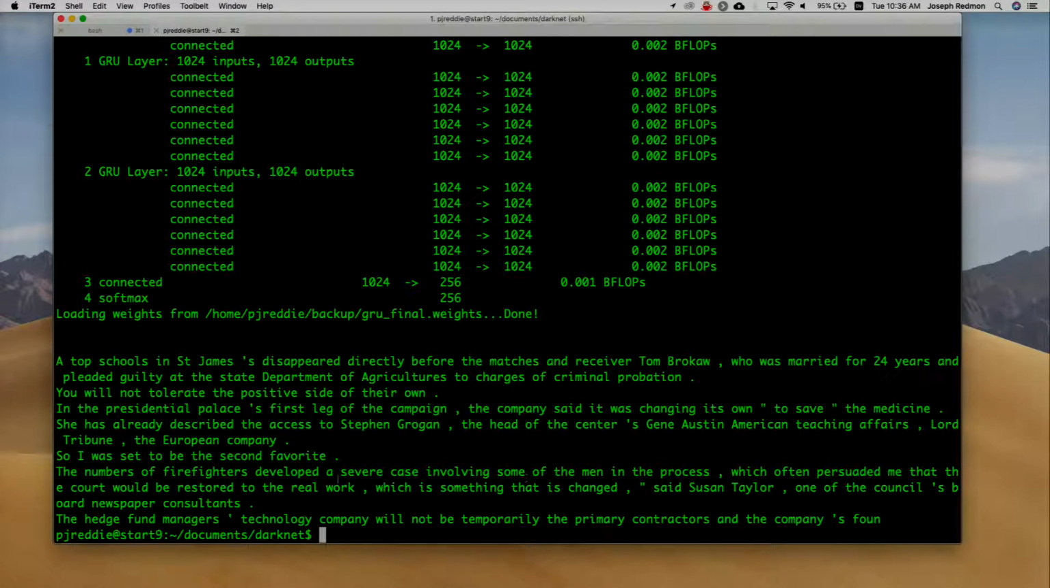This is interesting where it thinks that maybe it's in the middle of a quote. So it ends a quotation and then says that this previous portion was said by someone, and then it describes who that person was, one of the council's board newspaper consultants. So it's generating textual information, but again, it's just trying to generate this one character at a time, which isn't really giving it a lot of